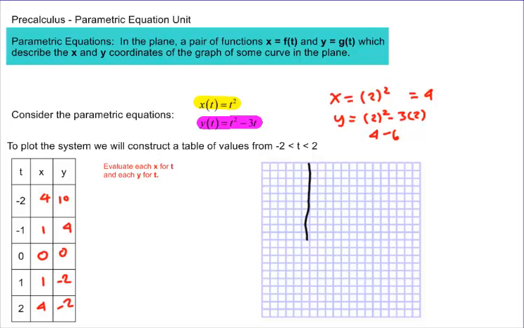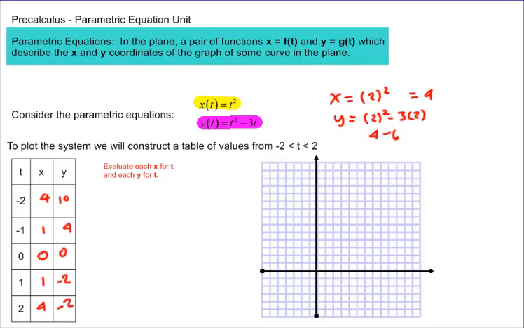Let's just put a line. So here's our xy axis, and then we're just going to plot these points. So we've got the point 4, 10,